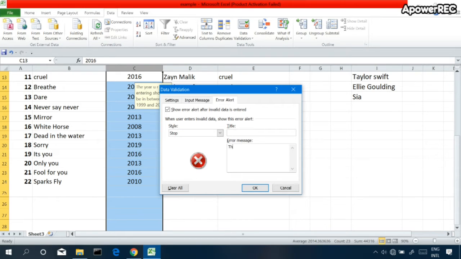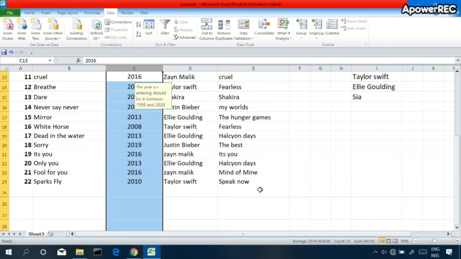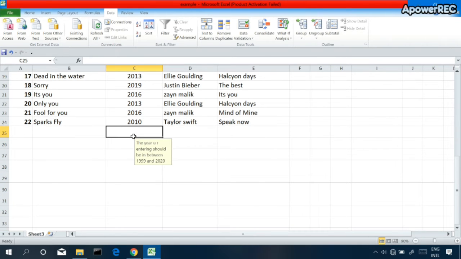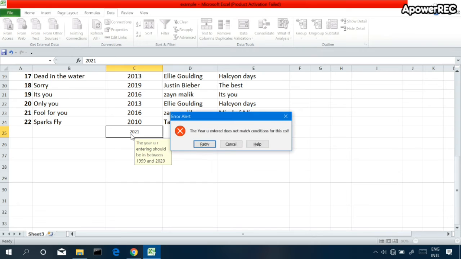The error message should be: the year you entered does not match the conditions for this column, and the title should be anything, Error Alert. You can skip it or leave it blank. I click on OK. You can see if I enter some wrong information, it shows me the error alert: the year you entered does not match the conditions for this column.